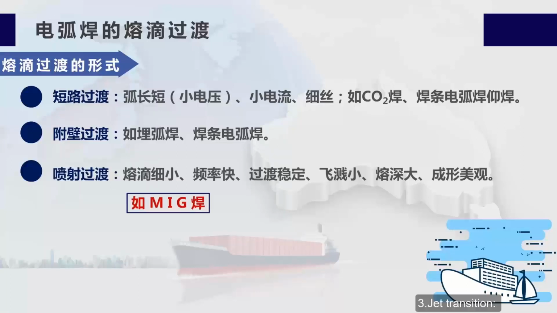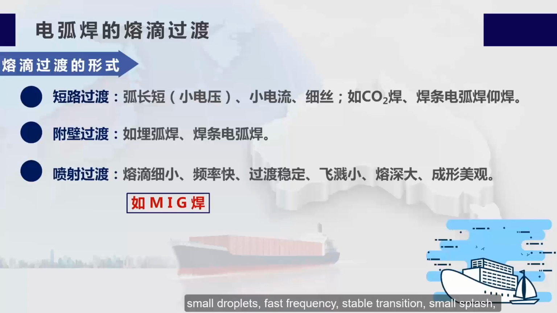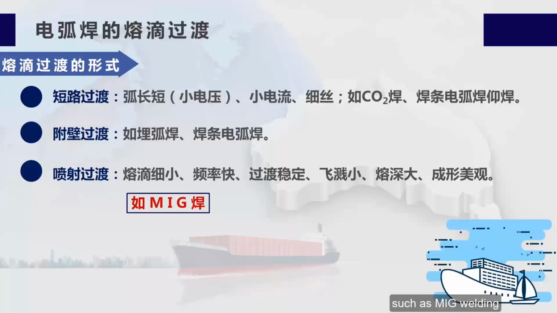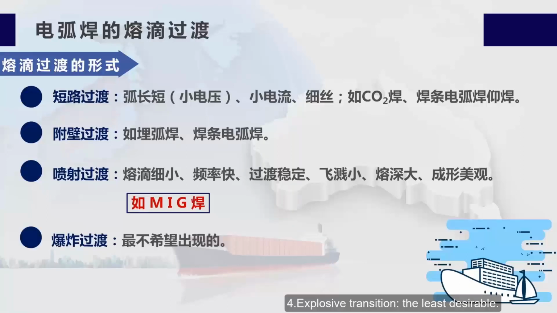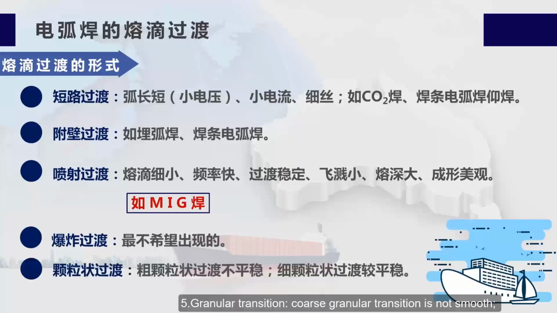3. Jet transition, small droplets, fast frequency, stable transition, small splash, large penetration, and beautiful forming, such as MIG welding. 4. Explosive transition, the least desirable. 5. Granular transition. Coarse granular transition is not smooth. Fine granular transition is